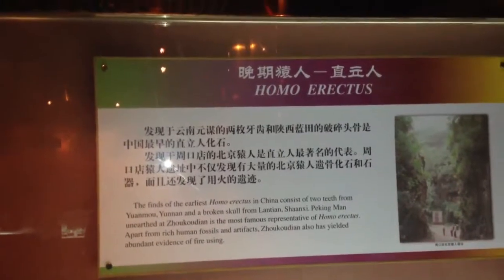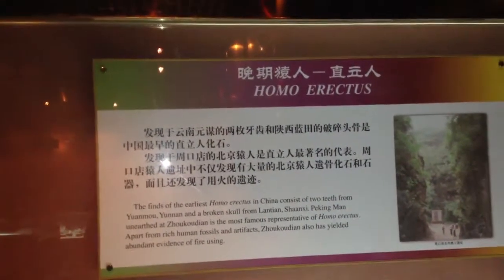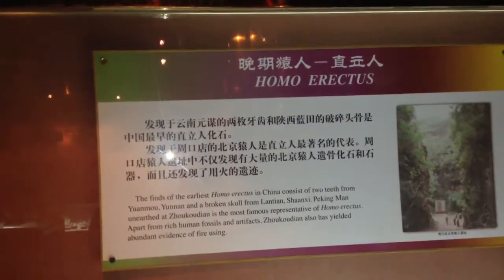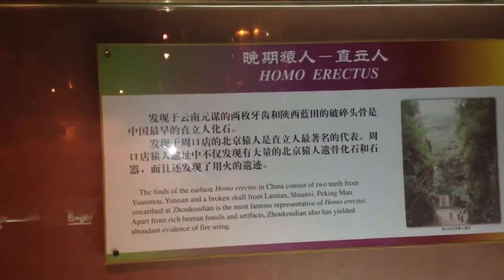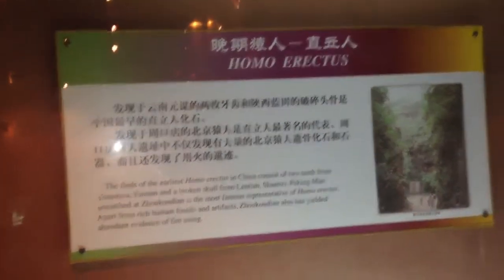Peking man, unearthed at Zhoukoudian, is the most famous representative of Homo erectus. Apart from rich human fossils and artifacts, Zhoukoudian also has yielded abundant evidence of fire use. Homo erectus teeth from Yunnan. This is Zhoukoudian, Homo erectus